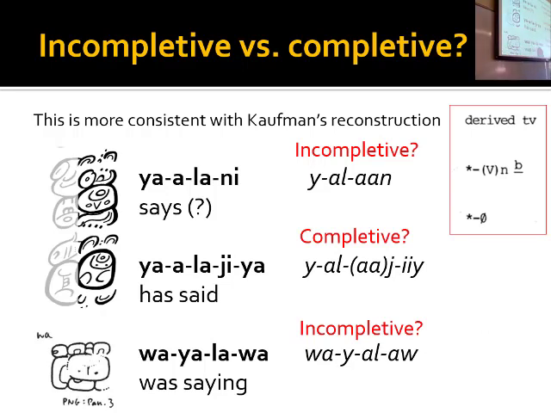For some of the derived transitive verbs, like to say something, we actually have at least three forms. So the progressive wa yalao, completive or perfective yala, and then something that looks suspiciously like the incompletive as reconstructed by Kaufman, yalan. So this would be, he says, like, but he didn't finish saying, now, saying. And then wa yalao, he is saying, and it'll go in action, incompletive. And then yala, he said, or that's what he's saying was. So that's consistent with basically aspect, and doesn't work well for the tense model, but more like the aspects as